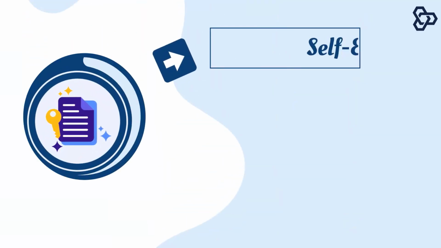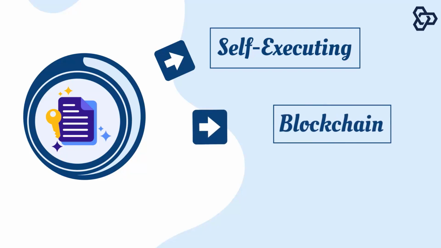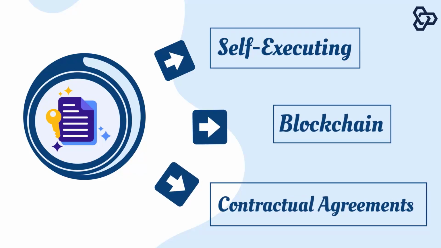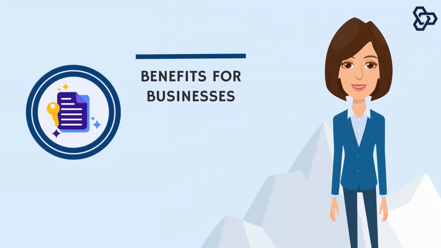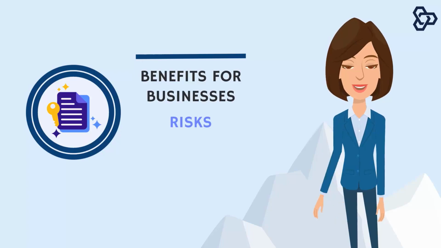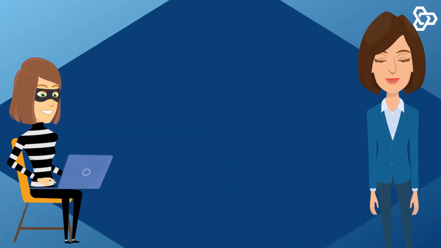Smart contracts are self-executing programs that run on blockchain technology and can automate the execution of contractual agreements. While they offer many potential benefits for businesses, they also come with some risks that need to be understood and considered before adopting them on a large scale. Some of the main risks include